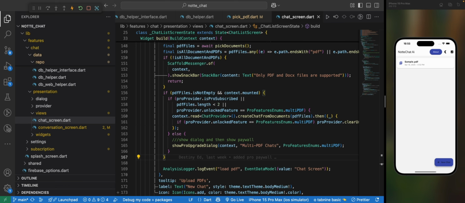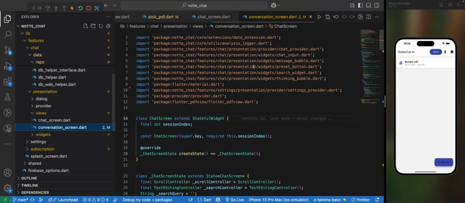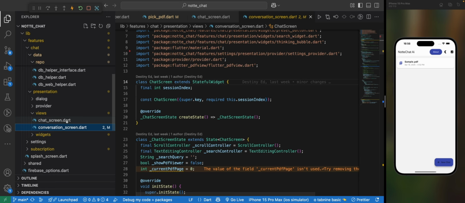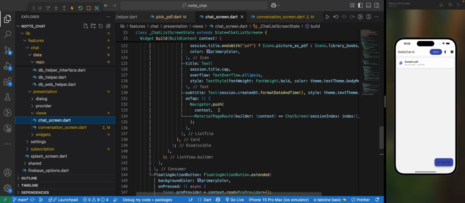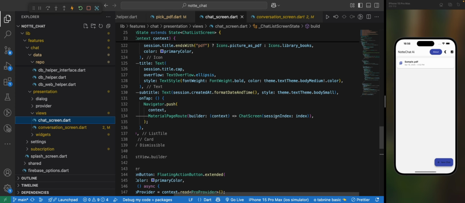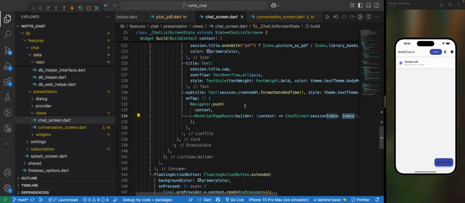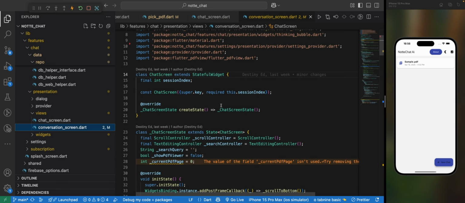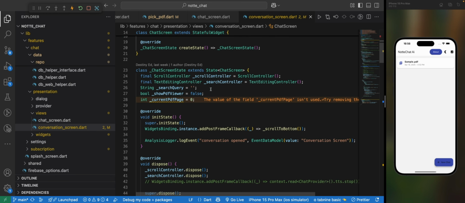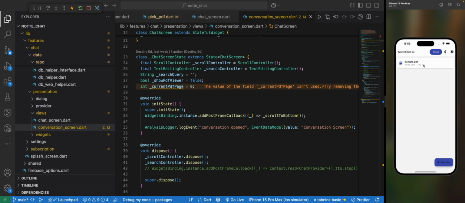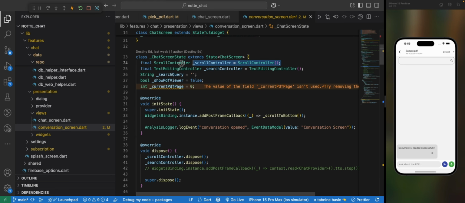So the next thing we want to talk about now is the other screen, which is the chat conversation screen. From the conversation screen, whenever we tap on each section, I'm passing the section ID, which is the index of the section. And from here, we have the section index. Then looking at it here, I added a scroll controller because you notice when you open, if you have many chats,